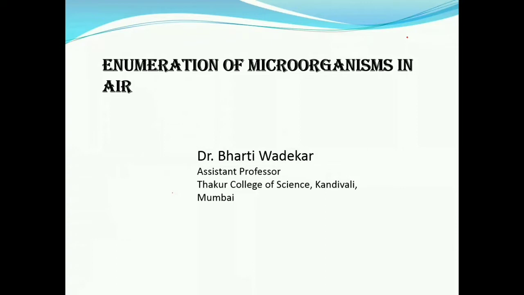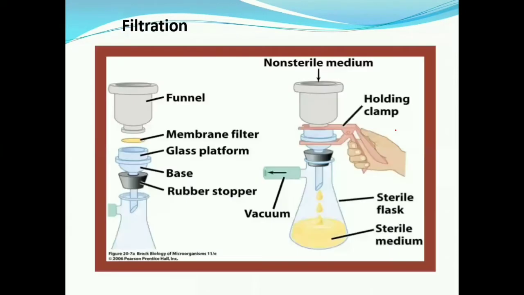Today, we will again discuss the enumeration of microorganisms in air. Last video, we have seen about the different techniques. First one is the simplest technique, and next one is the advanced technique. In advanced technique, we saw solid impaction, liquid impingement, and sedimentation. Now we will discuss the next topic: filtration, centrifugation, precipitation, and electrostatic method. These are the four different advanced methods used for the sampling of air.